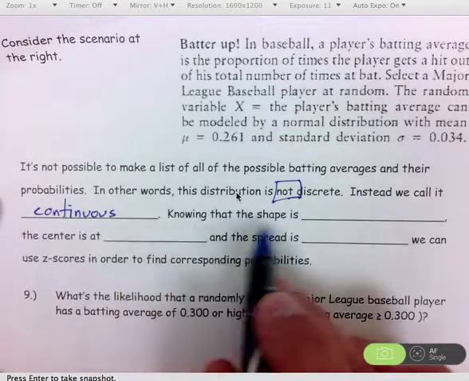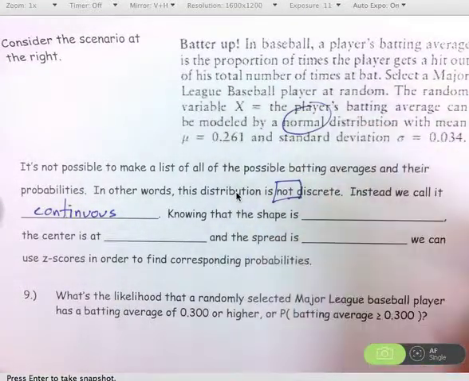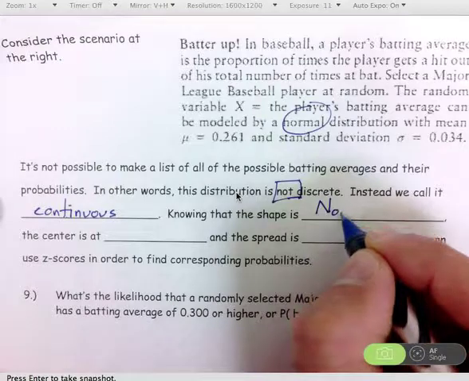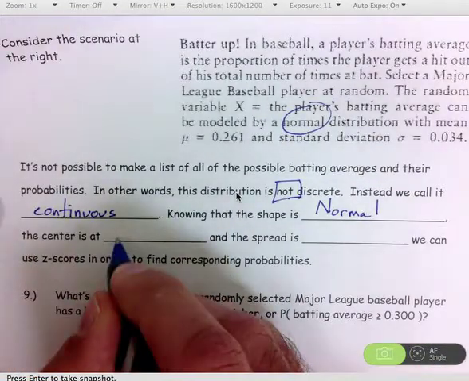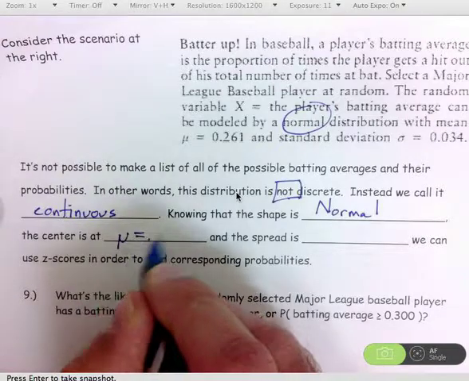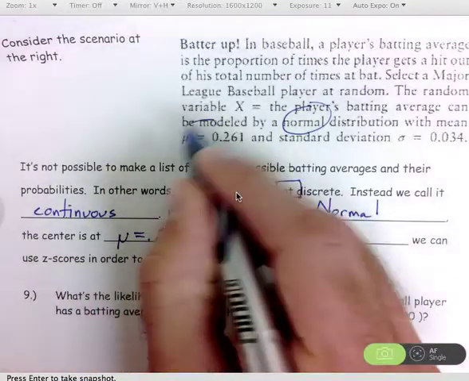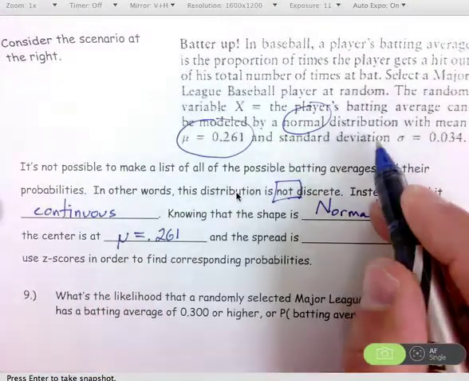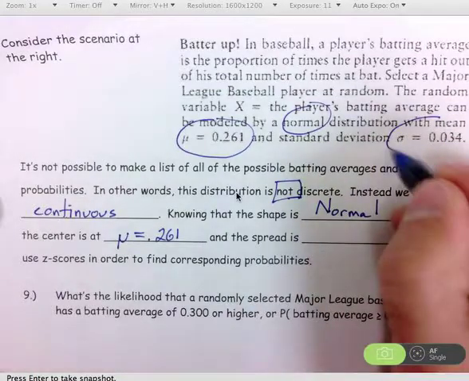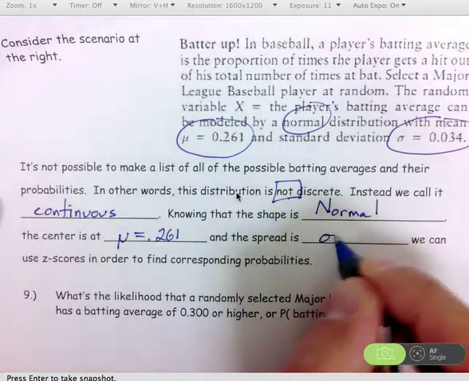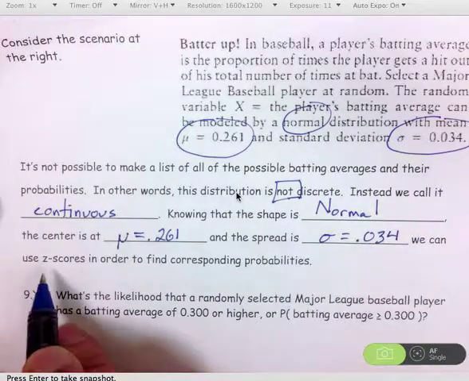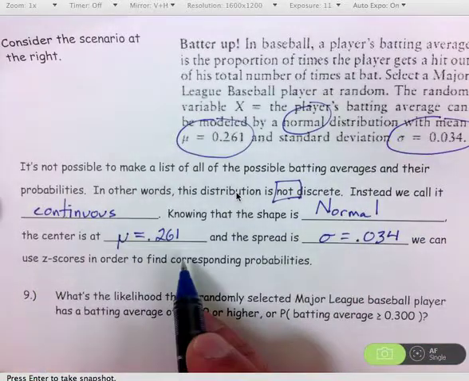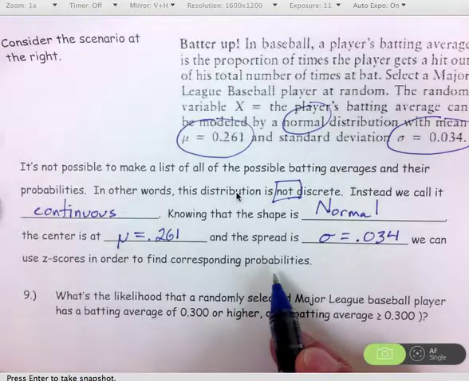So knowing that the shape is normal, knowing our center is at a mean of 0.261, and having the standard deviation as a measure of our spread, so that standard deviation is 0.034, we can use z-scores in order to find the corresponding probabilities or even percentages